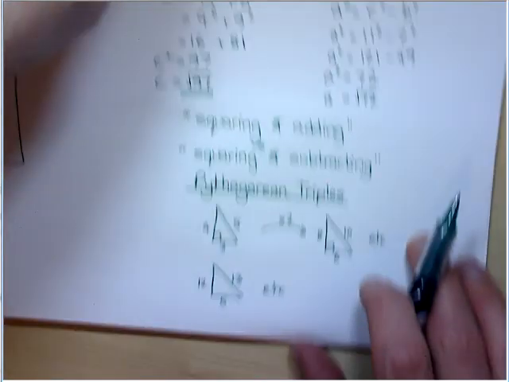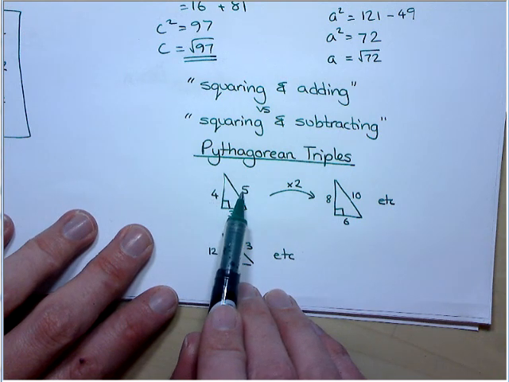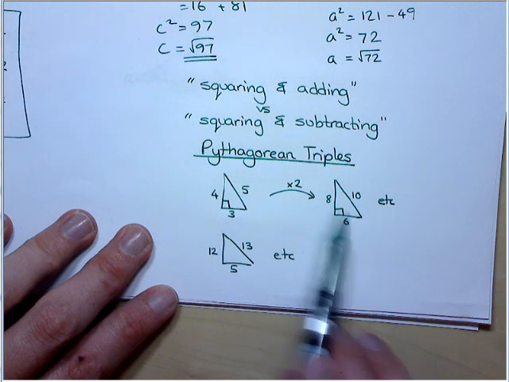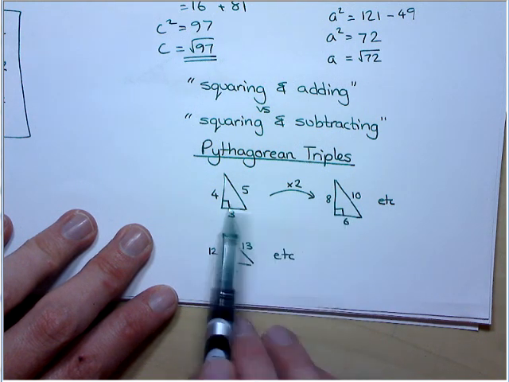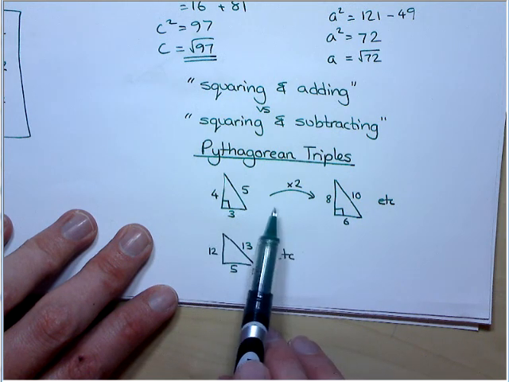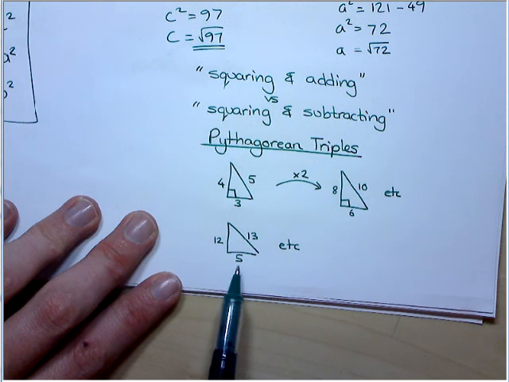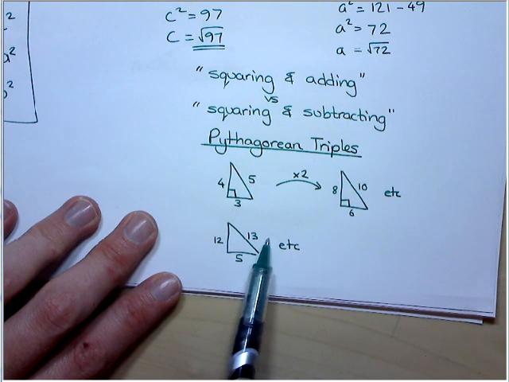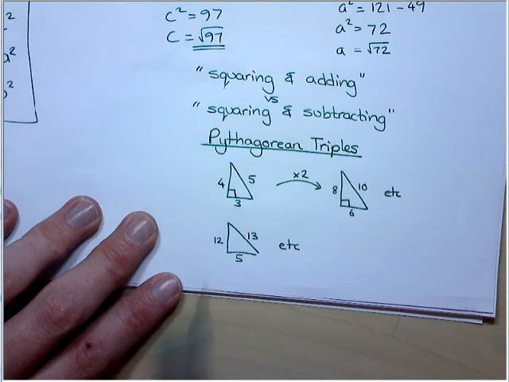Also, like I said at the start, there are certain Pythagorean triples like 3, 4 and 5. That works. If you multiply it by 2 or 3 or 4, you create other multiples of this one. So 6, 8, 10, very, very popular. It comes up an awful lot. So if you just remember those, you can save yourself a lot of time. Another popular one is 5, 12 and 13. 169, 144 and 25. These add together to make that one. So that's Pythagoras'